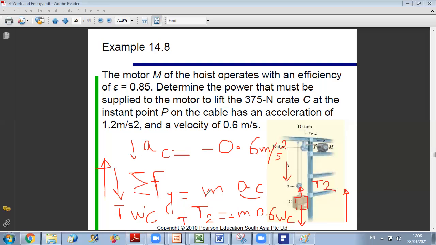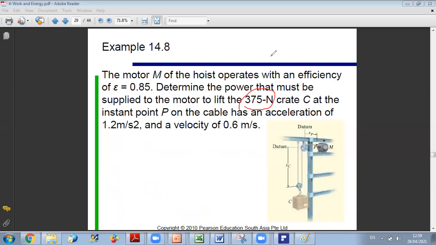And once you solve this equation, the only unknown is T2. The weight is given because it is here, and concerning the acceleration, we calculated it. So the only unknown is T2, and we can get it. Once we get T2, let us go back to the power. We said the power can be calculated by two methods: either T times VP, or T2 times VC. And you can demonstrate this again because T was demonstrated to be equal to T2